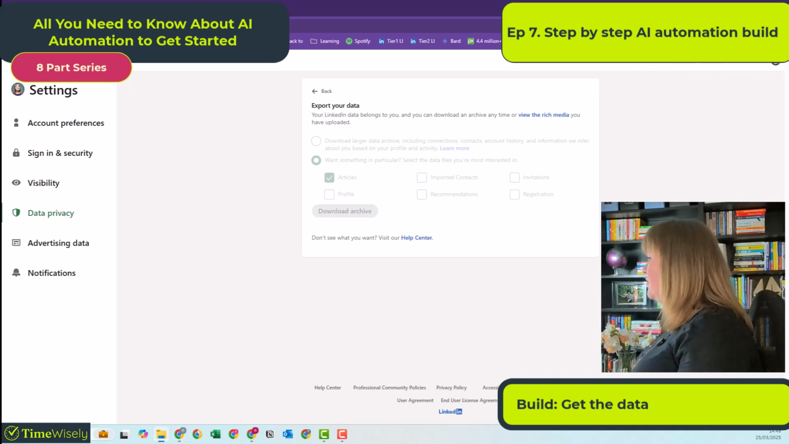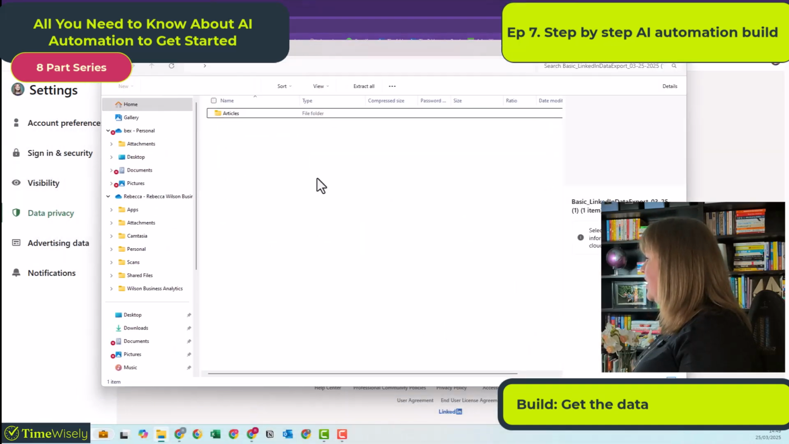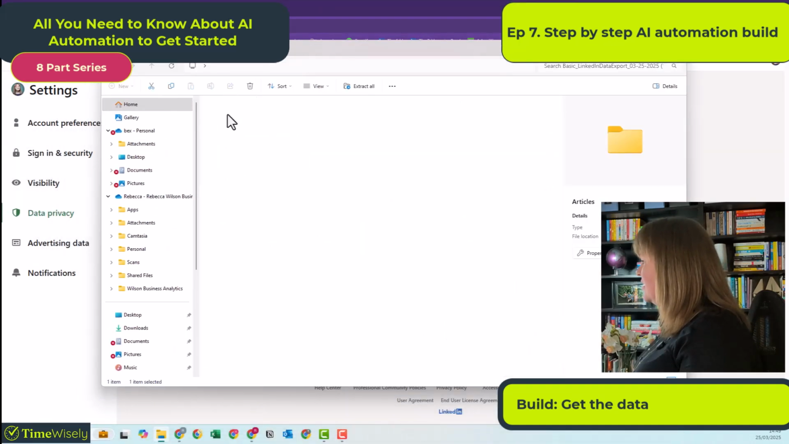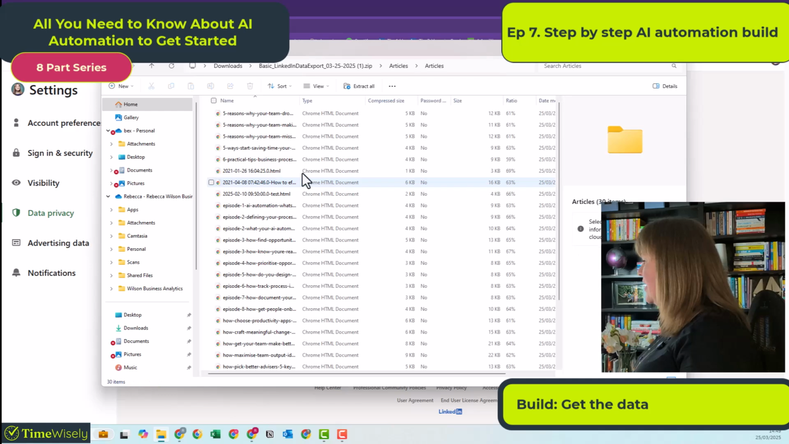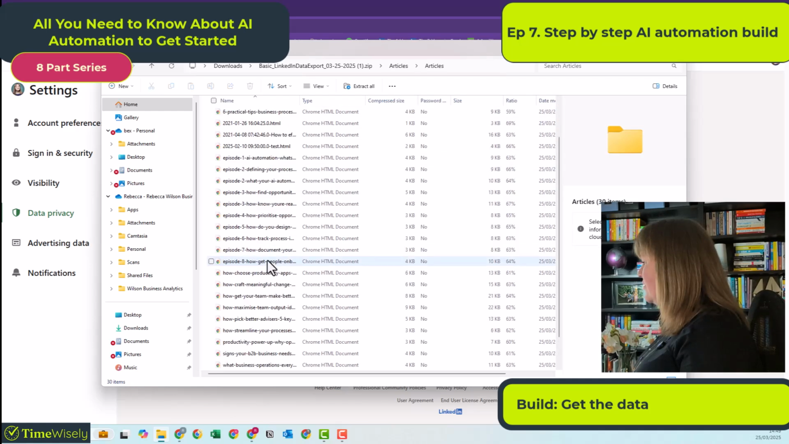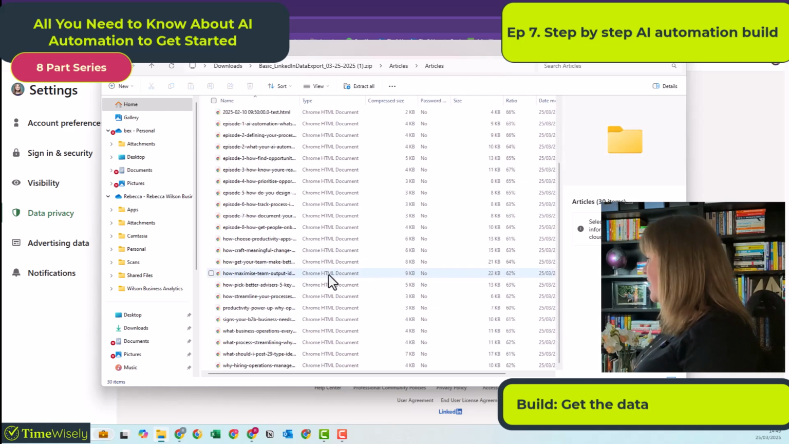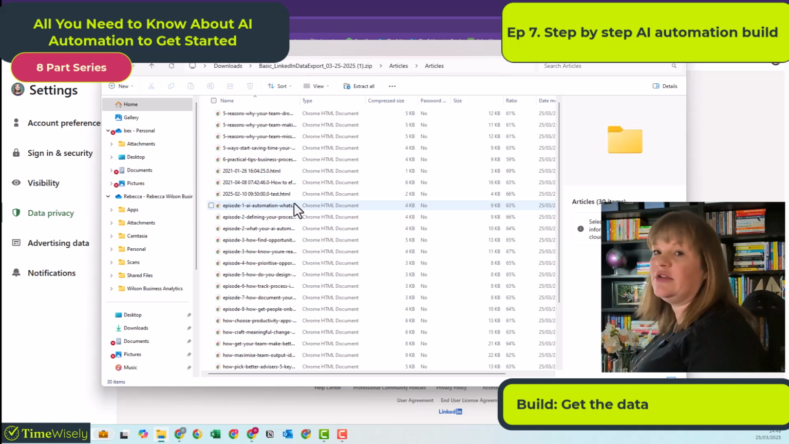It'll then give you a zip file. Let me just pull it across to the right place, like this, and there you go. It's all of the articles. I've got 30, all the articles that you've posted on LinkedIn. So what I've done is I've actually grabbed all of these and dragged them over to